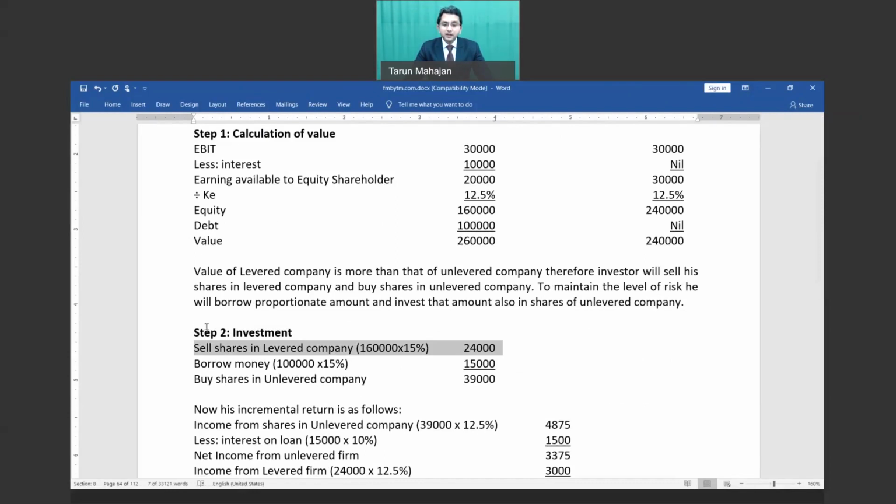You multiply it by 15%. So by selling your shares, you will be getting 24,000 rupees. What to do with this money? You buy shares in unlevered firm. Sold shares of levered firm, you got the money. Use that money to buy shares in